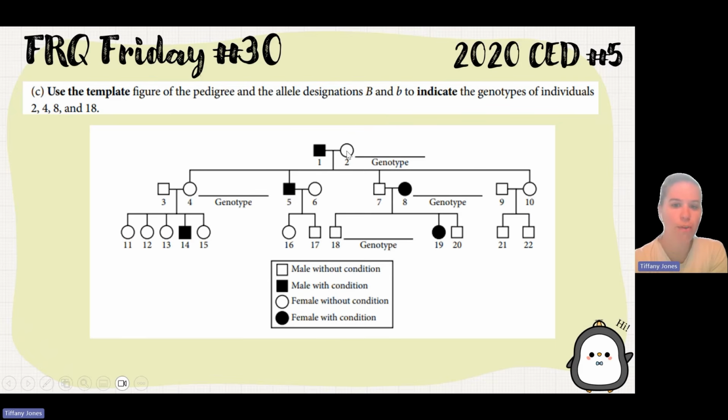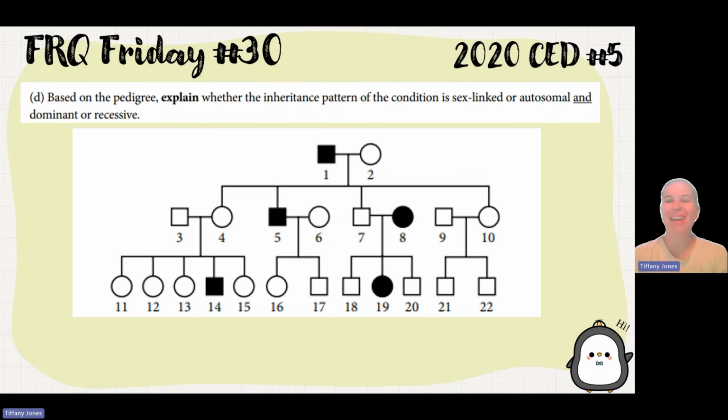And so, in order for us to come up with that, we're then able to look at number 2. 2 is able to pass on that trait to its offspring, which means that it must be heterozygous. If we look here, number 4 is also not affected, so it does have a capital B, and it also is able to pass on that trait, so it must also be heterozygous. When we look here, 8 is affected, which means they're homozygous recessive. And then this individual here, because they had an affected parent, we know they're also going to be heterozygous. So then Part D: